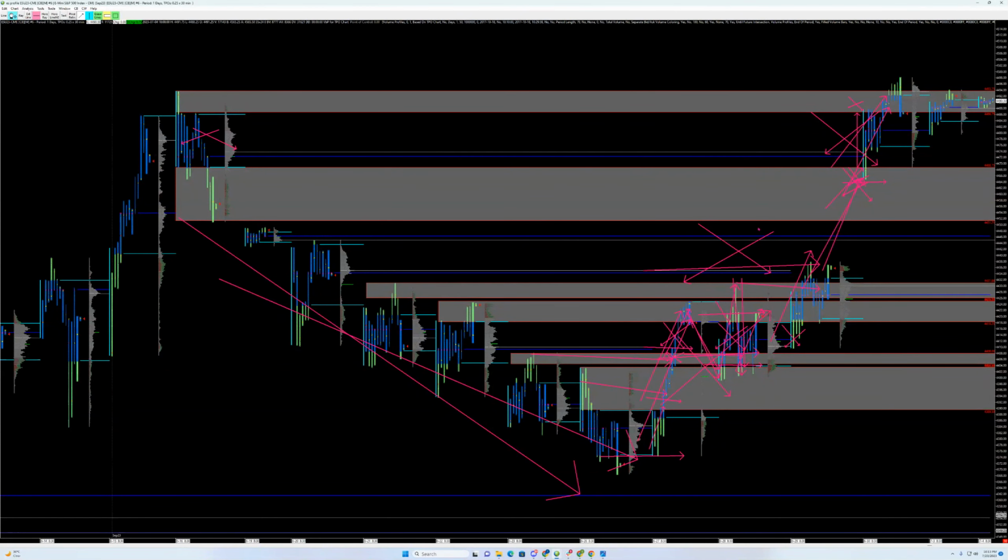And I know my artwork's not great, but the thesis and the theory is very good, and this will keep you, particularly by not trading in the fair value areas, out of significant trouble because we tend to crisscross those with very little negotiation in price.